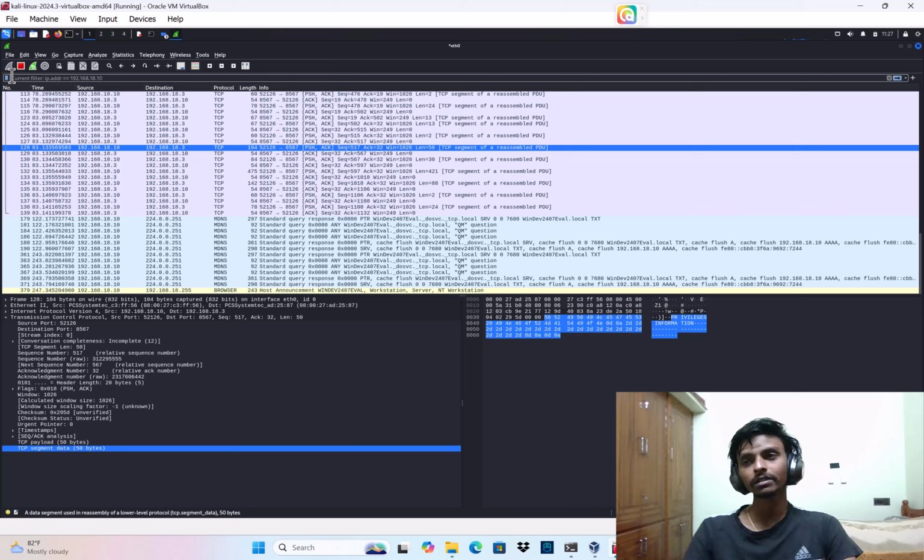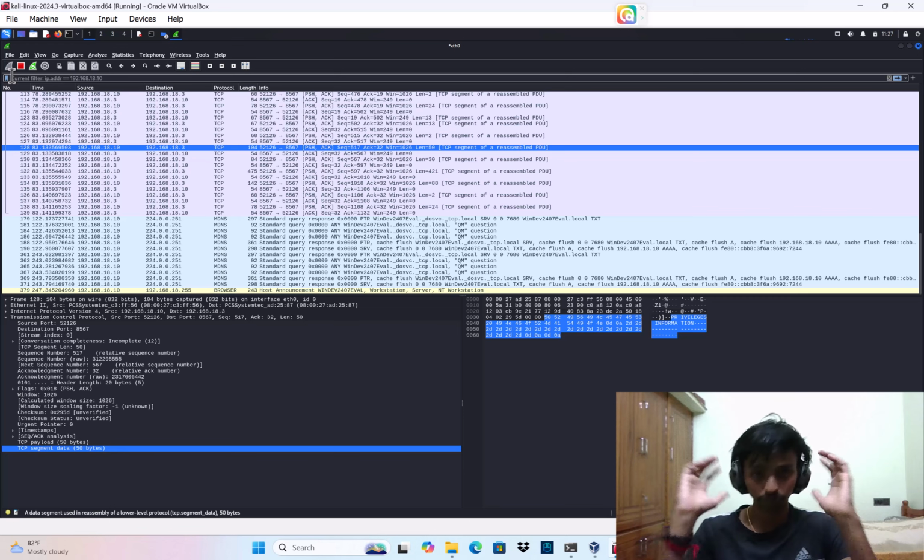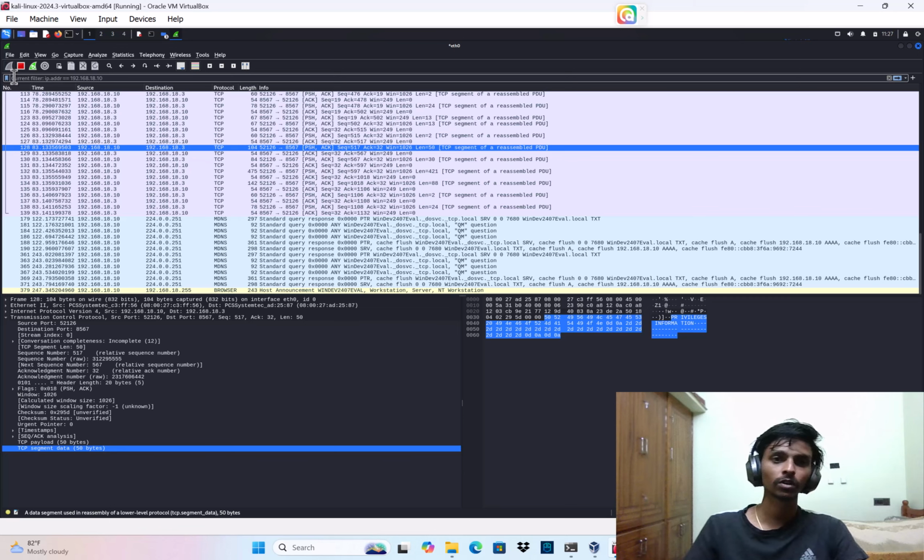If you need to use these kinds of options, the filters and all, you have to understand the ports and protocols that will be commonly used, and you need to read about the Wireshark documentation more for that. So the next one,